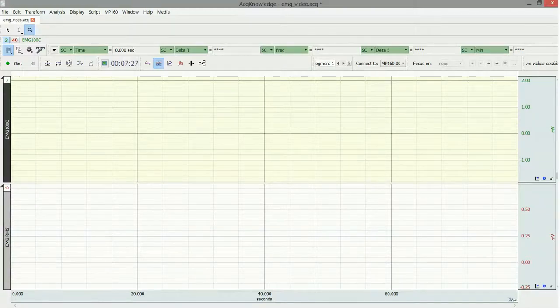The purpose of this video is to show how easy it is to add a video to your physiological recordings with AcqKnowledge, so that when you make physiological recordings, could be ECG, EMG, respiration, any kind of experiments, you can at the same time video record this with any camera you have. A regular webcam works fine,